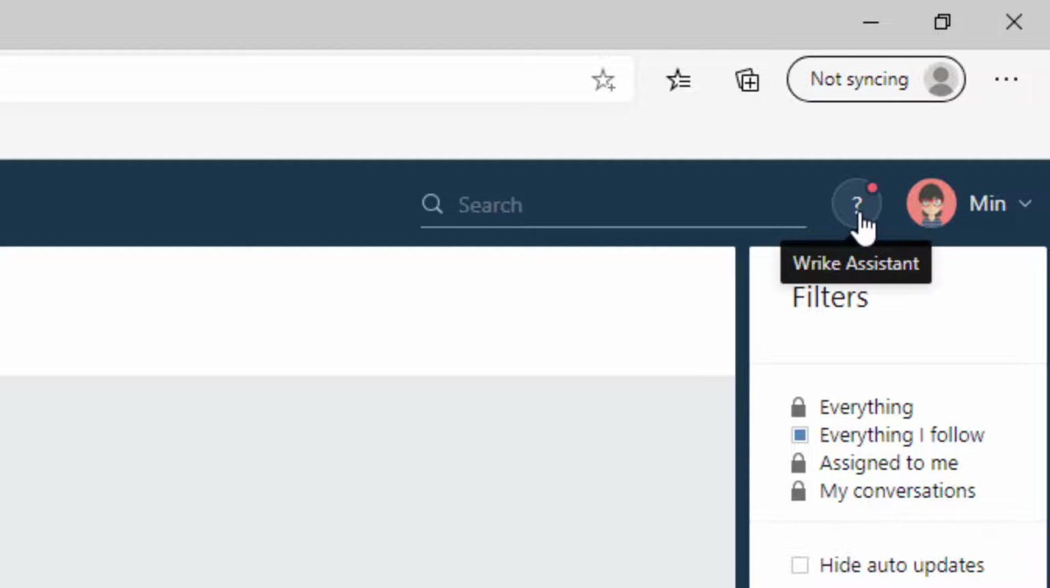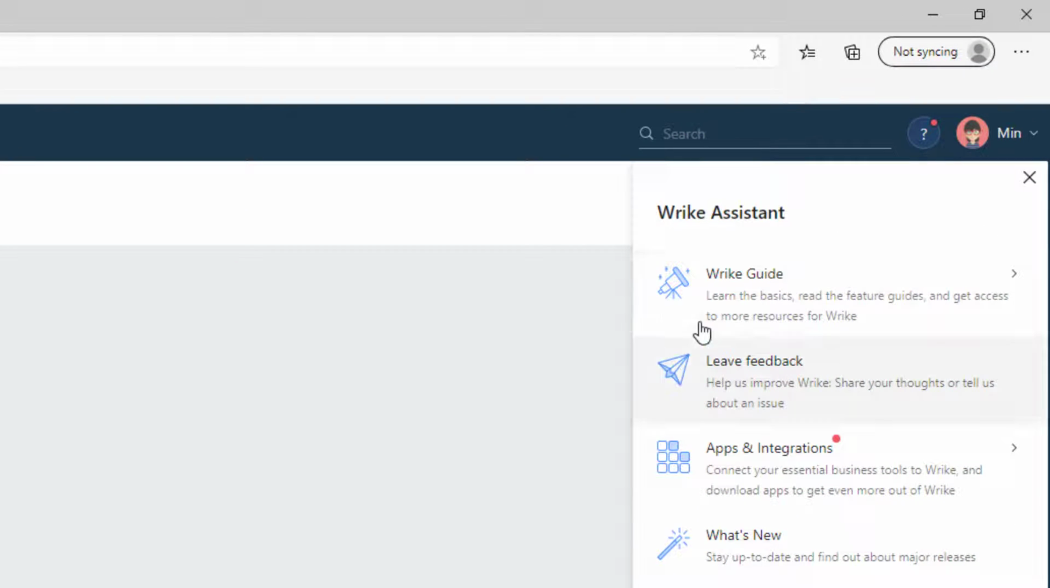And then we have this help icon that says right here, it's a Wrike assistant. Right now that I'm hovering over it, it has a question mark. So if we click on here, we will see that it's the Wrike assistant and we can see the Wrike guide. We can leave feedback. We can see what apps and integrations we can have with our Wrike account. Depending on what level of Wrike account you have, there are different integrations you can have. And also you can click on what's new to see what's going on, what major releases are, and to keep up to date with the Wrike project management software. So we can click out of here,